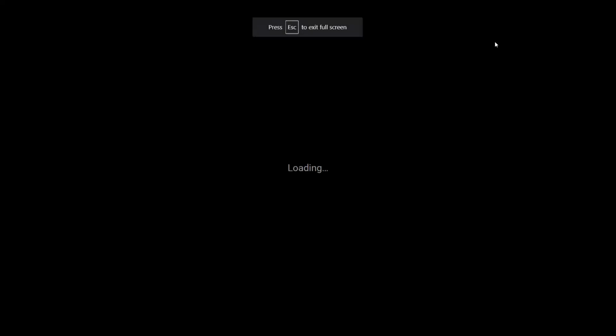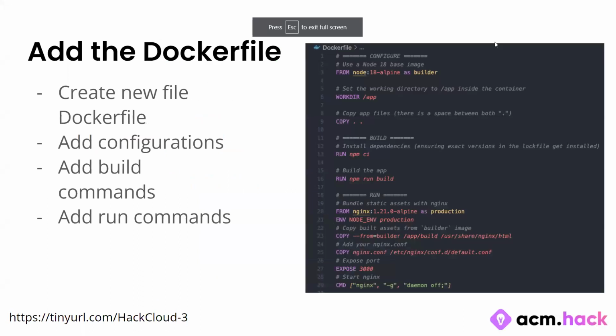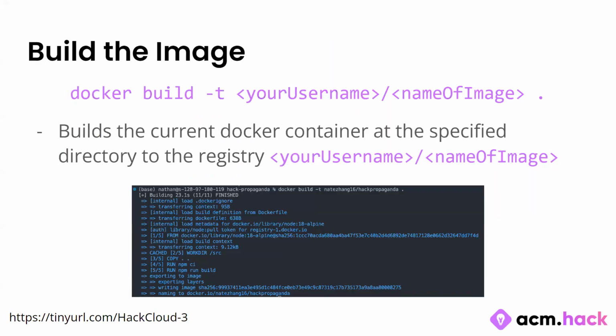And the next thing that we want to do, as I mentioned here, is adding the Docker file. It's a bit different, but I'll update these slides in a bit. So essentially, you're adding your configurations, adding your build commands, and adding your run commands. And once we've had that, we can actually build the image. So I'm going to build the image here